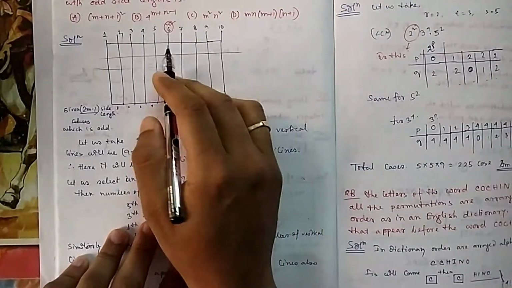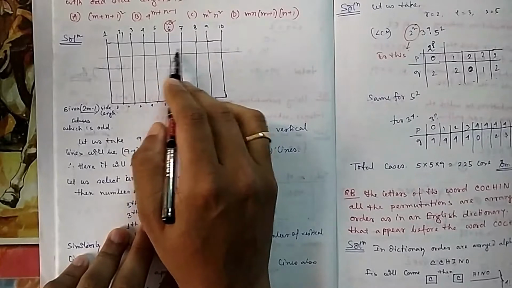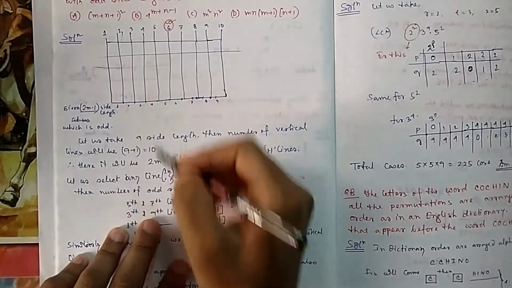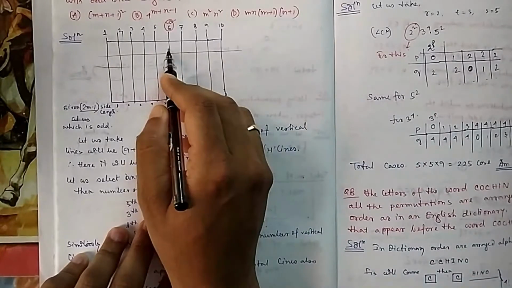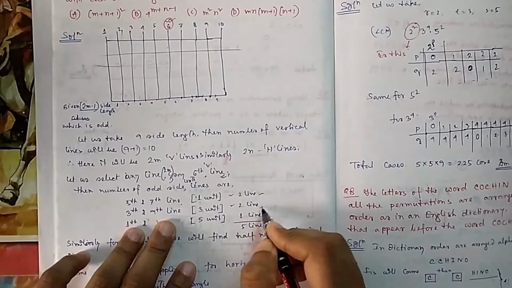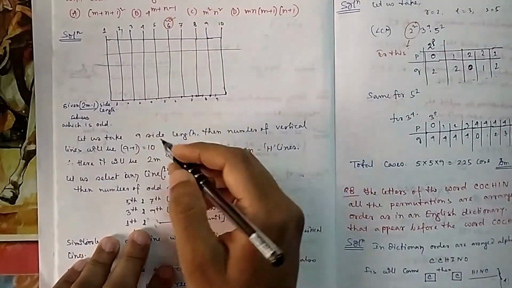If you choose, you can choose now 4 and 7. You cannot choose 4 and 8, because the length will be 2, and they are asking that the length should be an odd unit. So the next one after 1 should be 3. So from 6 it is either 3 or 9. So again you can choose either of 2 lines, these or these, along with the 6th you can choose another line.